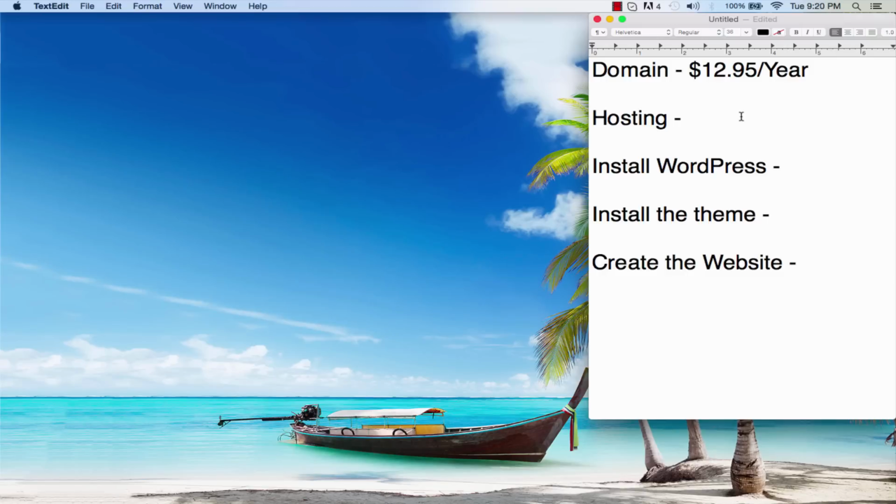The next thing that we're going to need for our website is hosting. Hosting is a computer or server that is located somewhere in the world that is going to store all of your data. So every time you upload an image or create a new blog post, that data needs to be stored somewhere, and that's what your hosting will do for you. Your hosting is going to cost you approximately $7 a month,